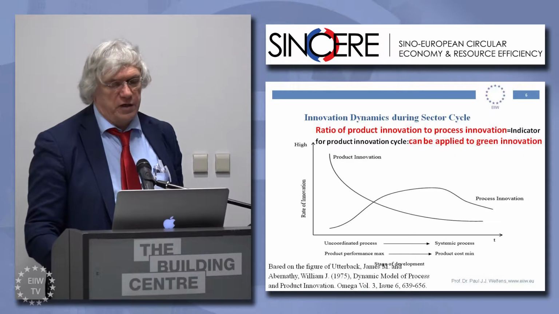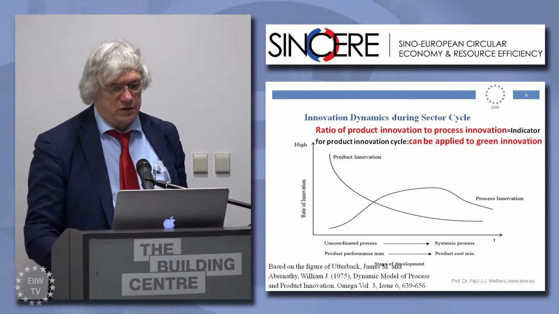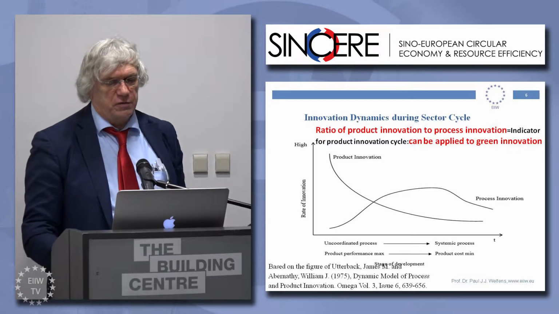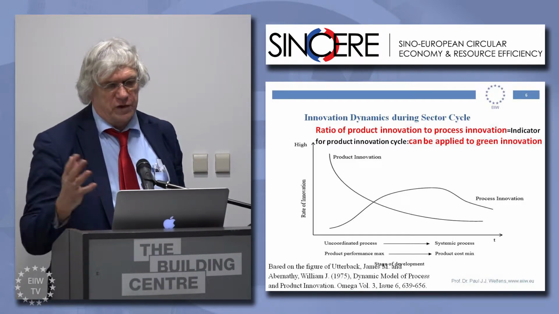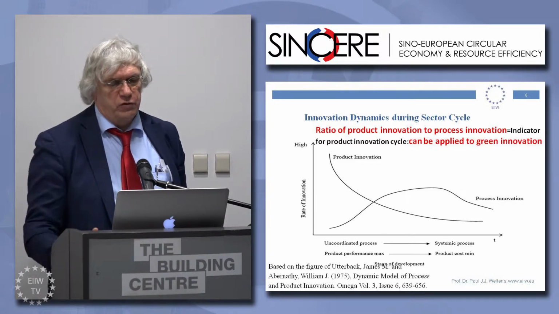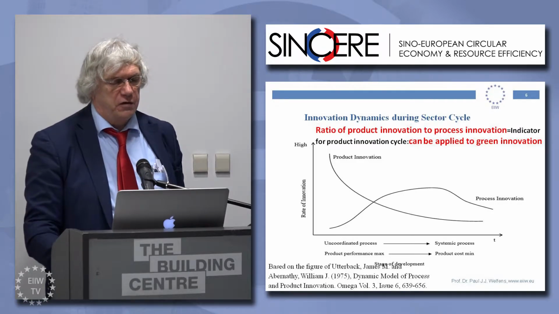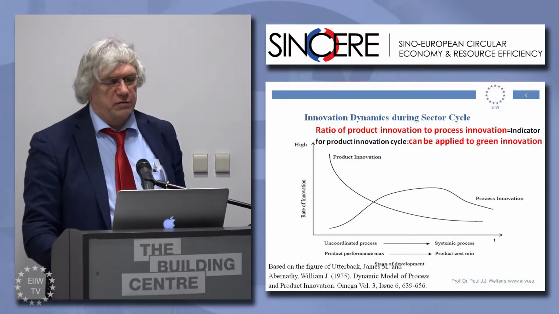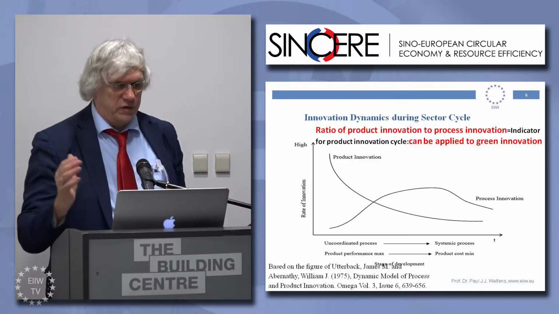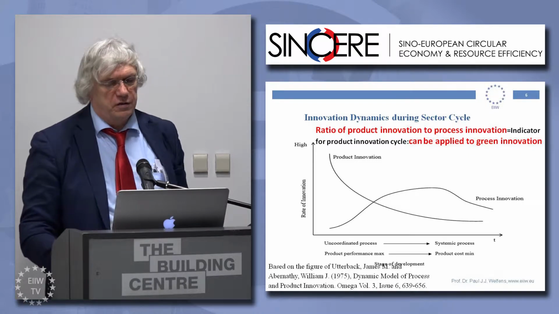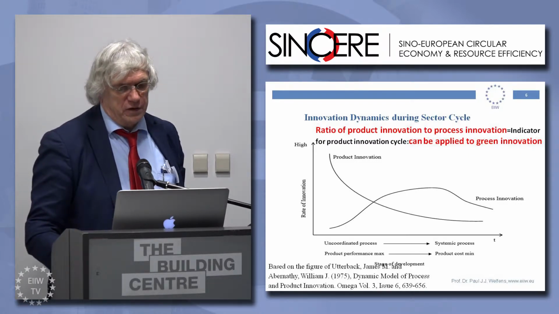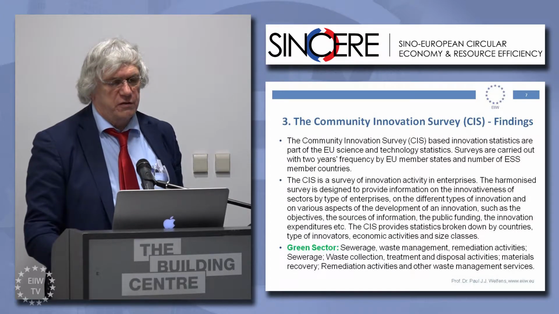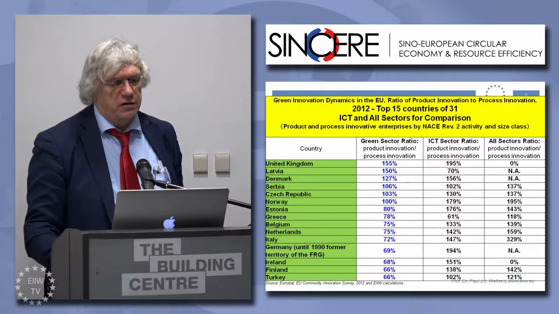I should like to look back here at a theoretical approach by Utterback and Abernathy. They were basically arguing that in an innovation cycle perspective, looking at a product, the product innovations come first. When you have a new green technology field, it all starts with a wave of product innovations that will decline over time. After the product and the process have become more standardized, particularly the product, it's all about reducing prices, and therefore the emphasis is more on process competition. And in the EU, we have this Community Innovation Survey, and I will show you some selected results,